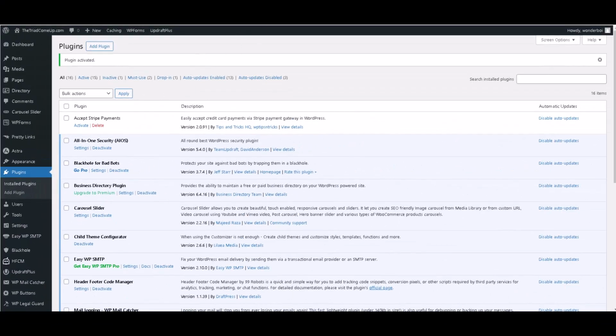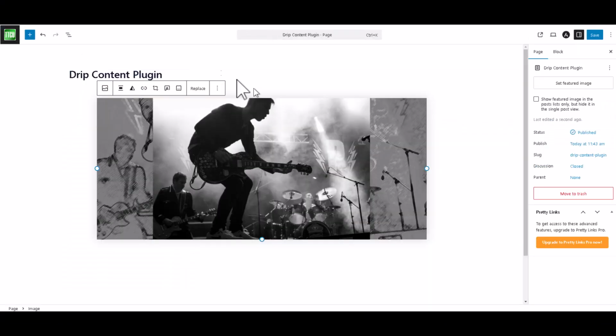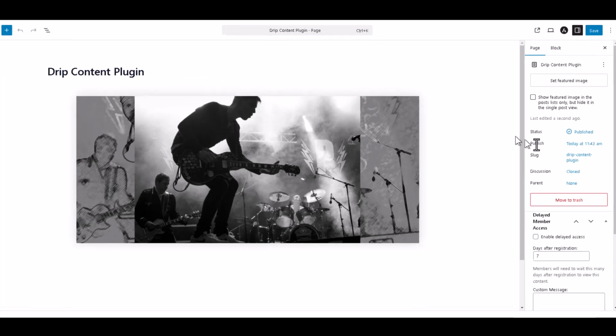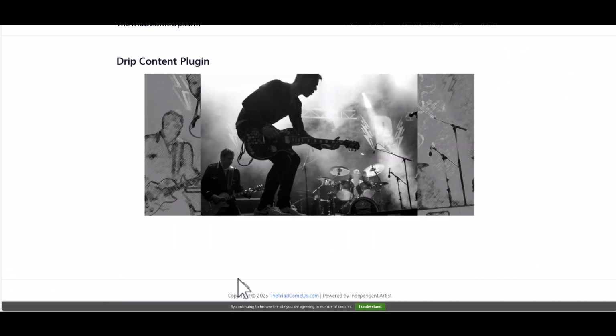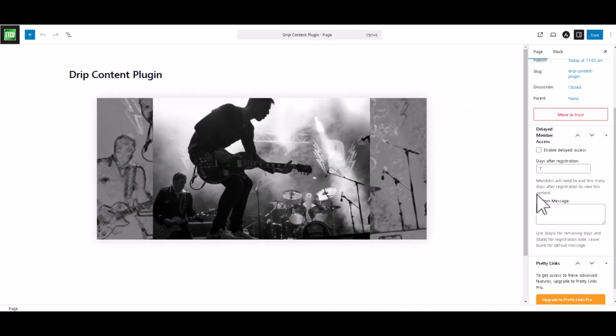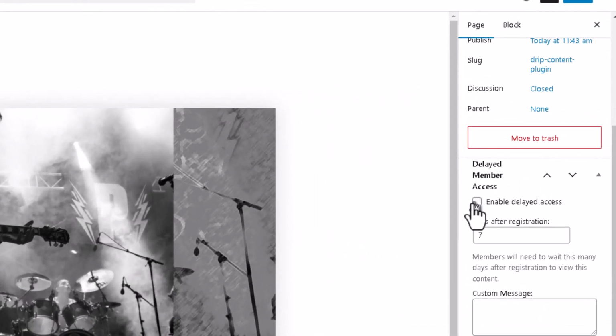WP Delayed Member Access. I'm going to activate it. Then I'm going to jump right back over here to this page and refresh it. I guess I'll hit save. Now we see we have these new options available. So with this plugin, you can turn it on for this page. Right now it's not turned on. So if I go back to that page and refresh that page, everything should be as normal. When I return and I turn it on,